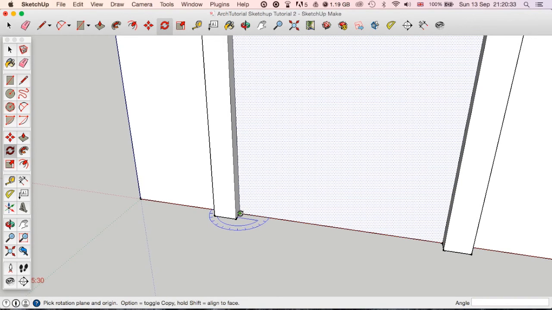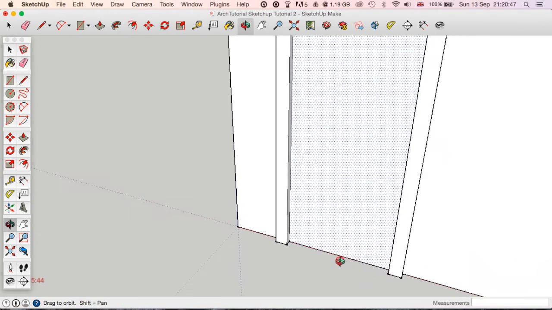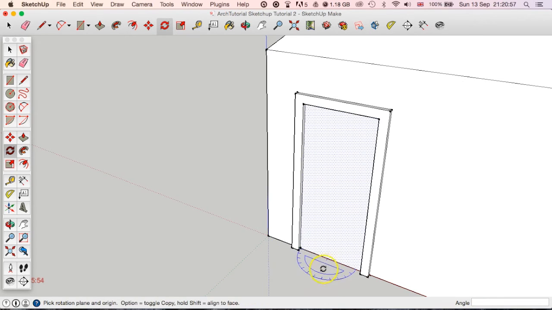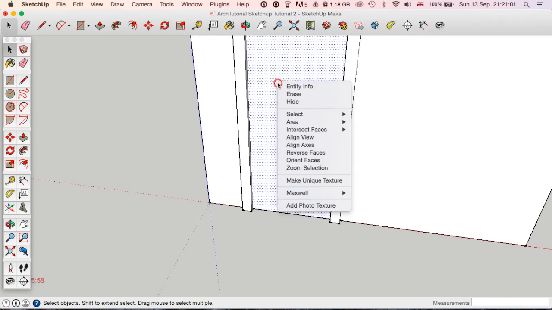Now what you'll see is it won't work straight away, and I'll show you why not. So what you do is you'd click on where you wanted it to start the rotation from, so we'll select the bottom edge of the door. Now as we were to open, you'll see it has pulled with it the rest of the shape. Now obviously we don't want that. And the reason it's done that is because everything is connected at this point. So what you need to do is to make things unconnected, you have to right click on it,